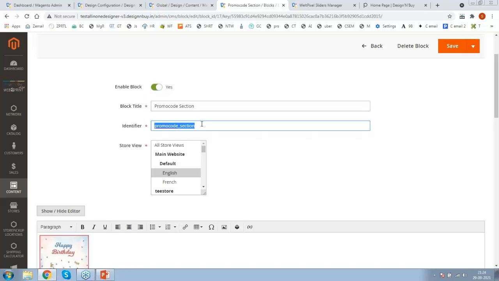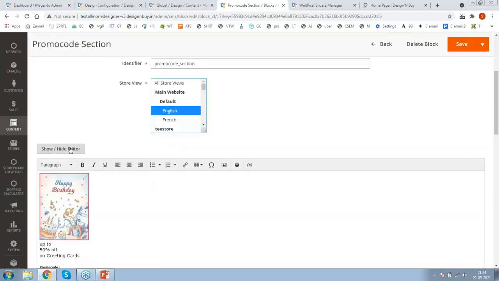Let's say I'm creating another block for my another content. Store wise, if you want the content to be changed, create another block, put the title different, but after associating the specific store, your identifier must not be changed. Based on identifier, we are replacing and switching the content for our home page. So accordingly, you have to manage. Identifier should be same, title should be different store wise, and accordingly you can put your content.